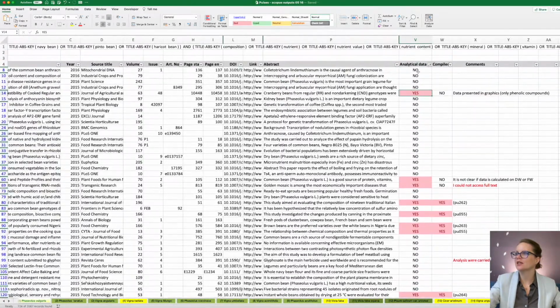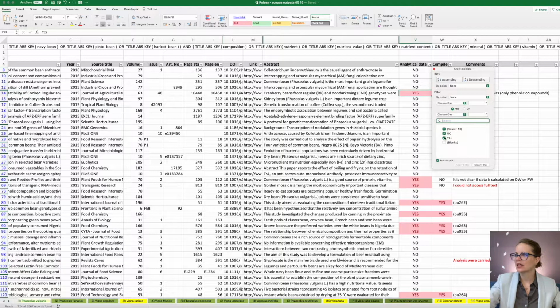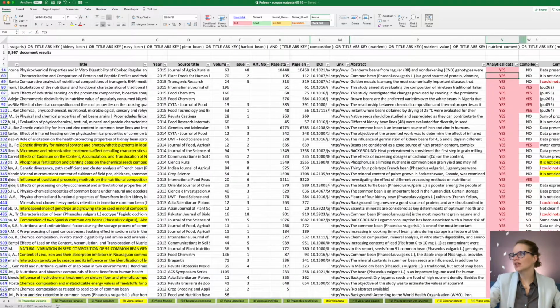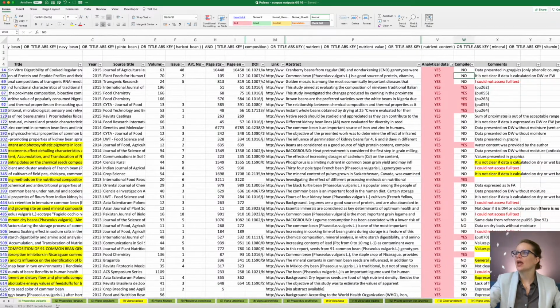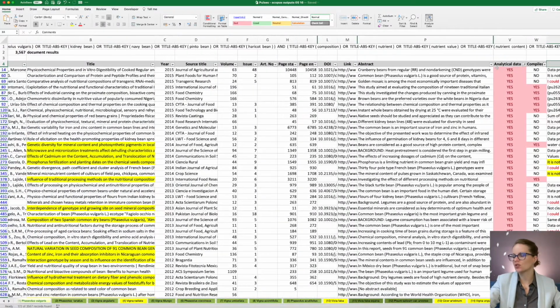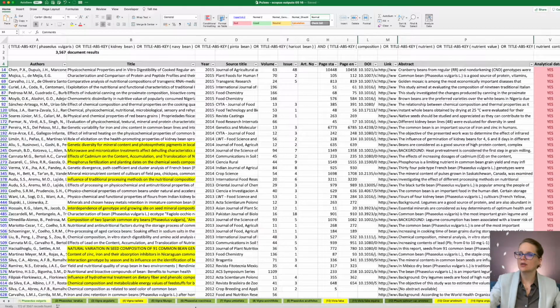So as you can see here, let me just select all the yes here where we have data. And as you can see here in the next column, I was always assigning if I could compile or not the article, and under comments the reason why I could not compile the information. So I did it for all the different articles that we could find, for all the different pulse species. As you can see here, I have a different spreadsheet for each type of food that I wanted to include